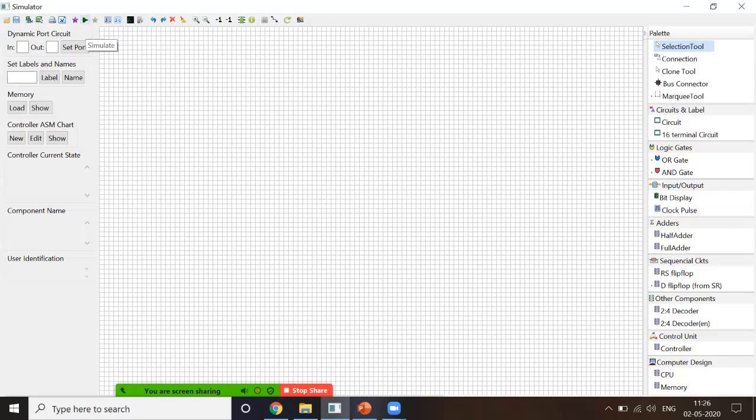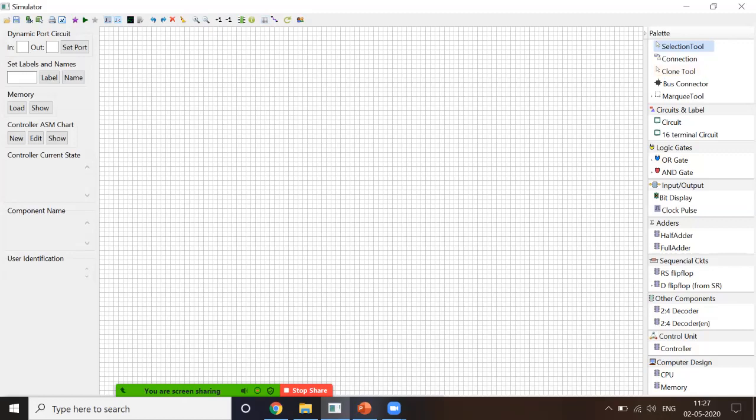This is a button for running after you complete your experiment, and if it is a combinational circuit, then you can run it from here. If your circuit is sequential, then there is a clock provided. There are start clock and stop clock buttons also provided over here. This is for zooming. This is for showing the pin configuration. There are various components and various circuits, and if you want to see the pin configuration of that, you can see it with this button. You can turn this grid on and off.